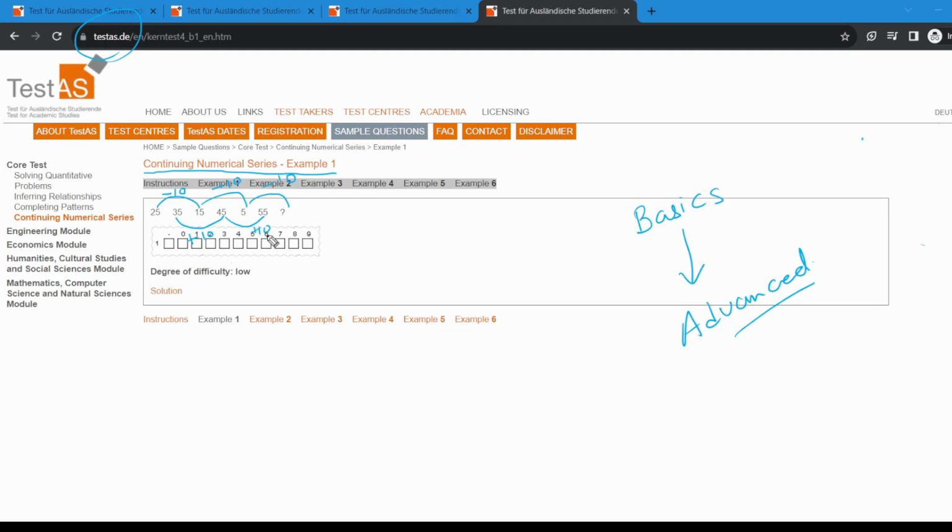So let's get back to our question. 25 minus 10 becomes 15 over here. And when we subtract 10, it becomes 5. And out of 5, when we subtract 10, it becomes minus 5. So this is our answer. And how are we going to apply this over here? This box is for the minus sign, I'll darken it over here. And this box is for the 5, so I'll darken it over here. So this is how we can answer our questions in the paper-based test.